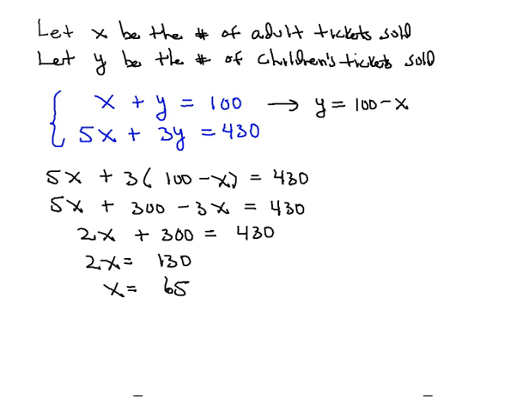65. And then to find Y, we can go back to the equation up here. So Y then will be equal to 100 minus 65, or Y then will be equal to 35. And so what we'd like to do then is to end up with a sentence answering the question posed. So we can end up by saying then that there were